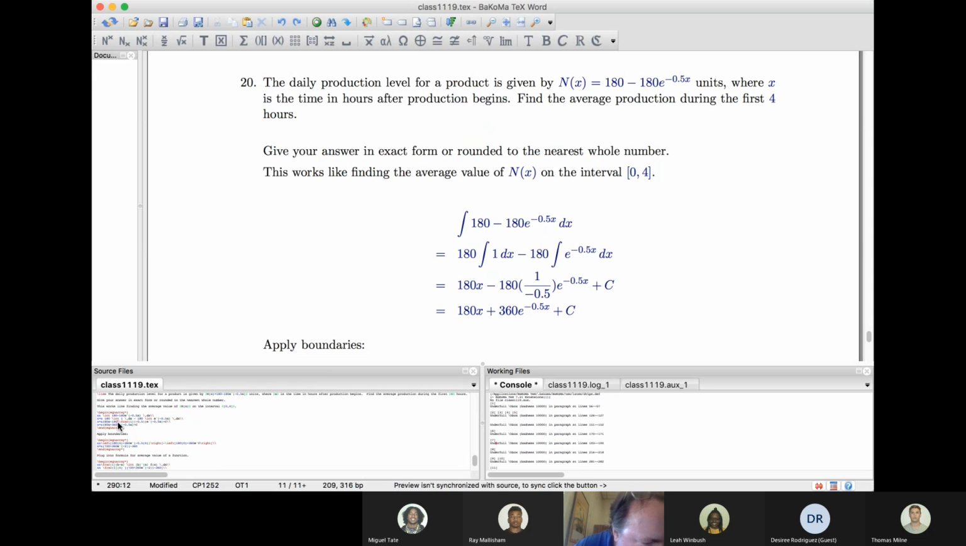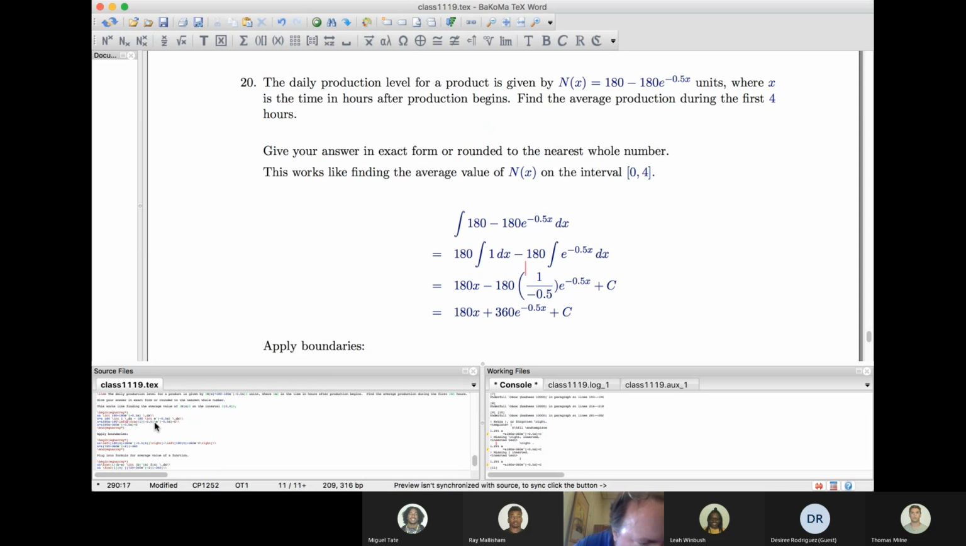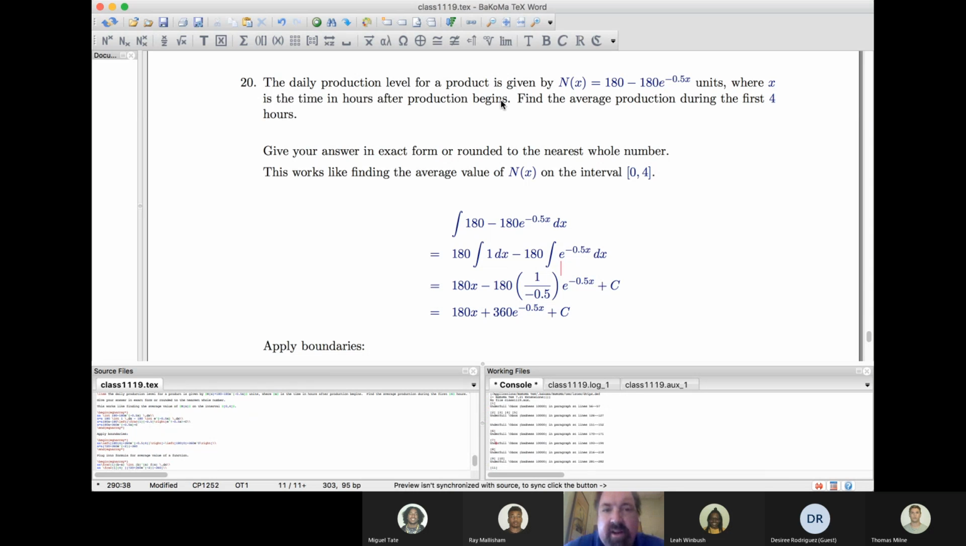Last problem. All right, here we have the daily production level. This is the number of units, where x refers to hours during which production has been taking place. So what is the average production during the first 4 hours? So average value. So average production would be